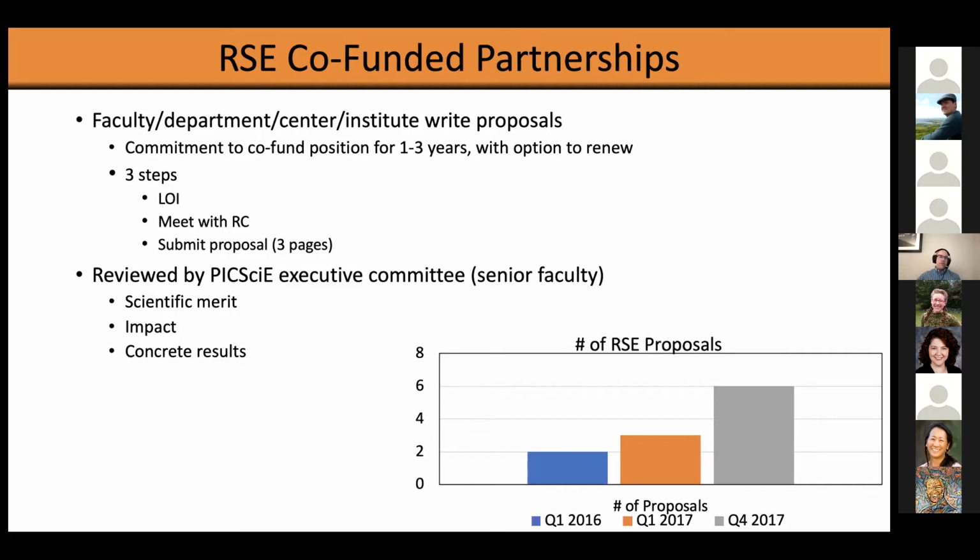So we had 3 steps: a letter of intent. Again, we didn't do this at first, and we realized very quickly that we needed to go meet with them and say, what are you trying to do? Help them craft the proposal, help them understand what exactly an RSE is and could do. Then they would write a proposal, not big, 3 pages of what they'd hope to get out of this and what RSE collaboration would look like,